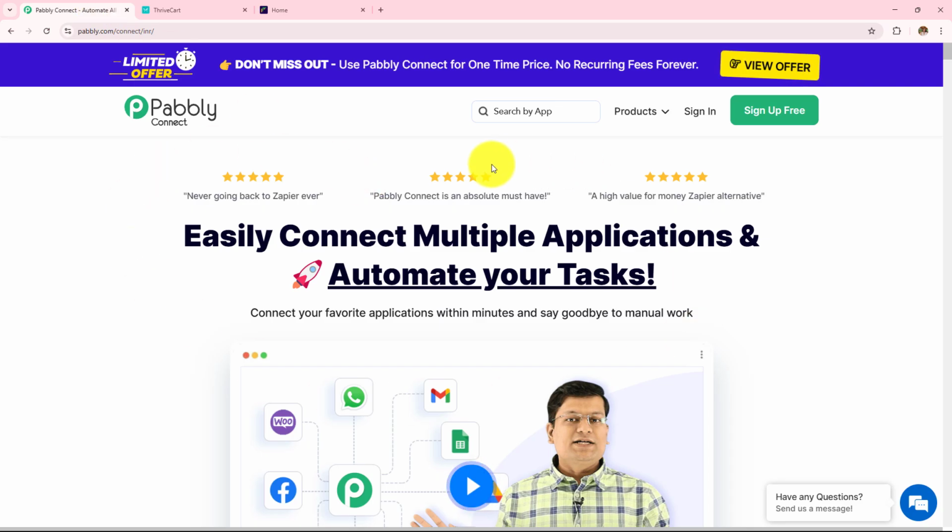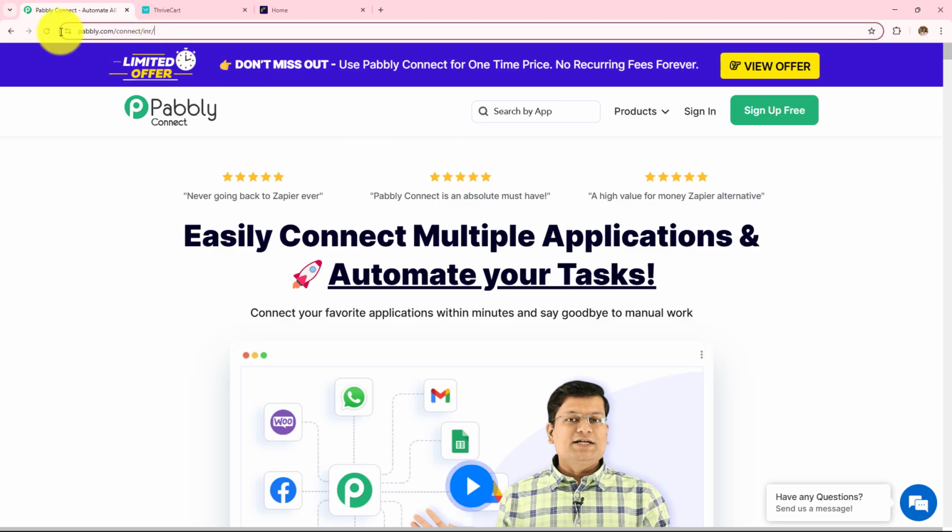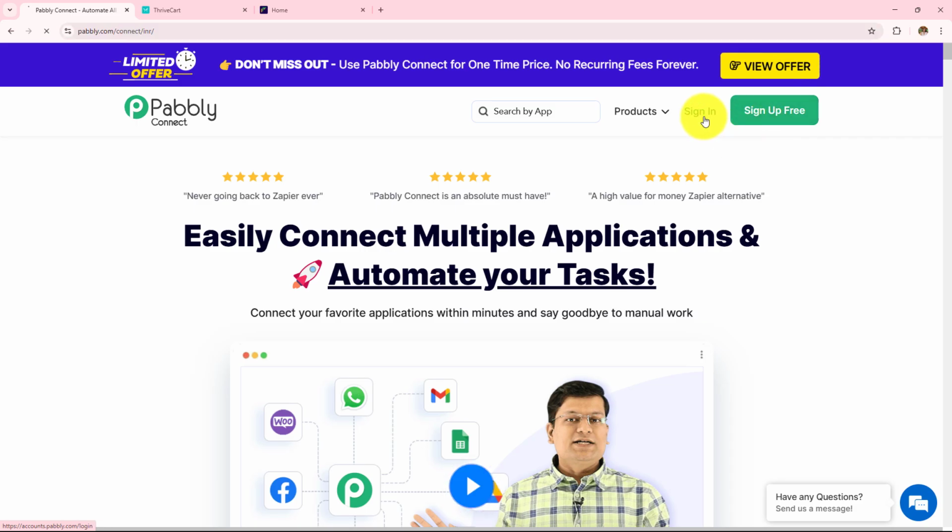So this is the landing page of Pabbly, and you can visit this simply by typing pabbly.com/connect/inr/ in your browser. Now after browsing the website, we need to sign in to our Pabbly account. On the top right corner, you can see two options, sign in and sign up for free. If you are an existing user, click on this sign in, and if you are a new user, click on this sign up for free, and this will give you 100 tasks free on monthly basis. As I am an existing user, I'll click on this sign in,